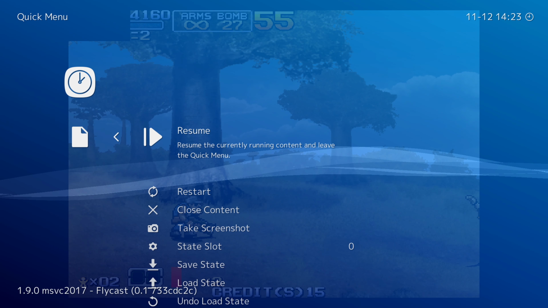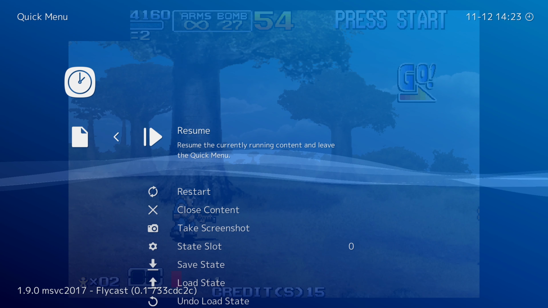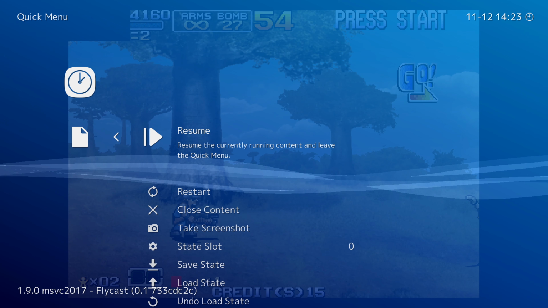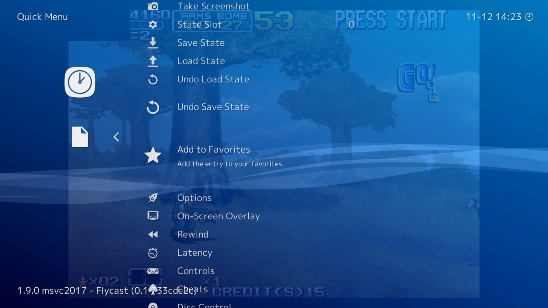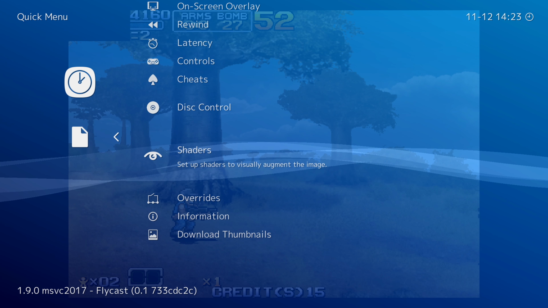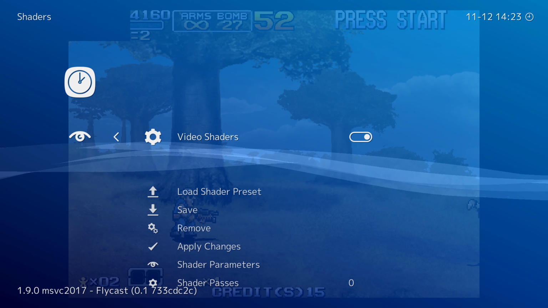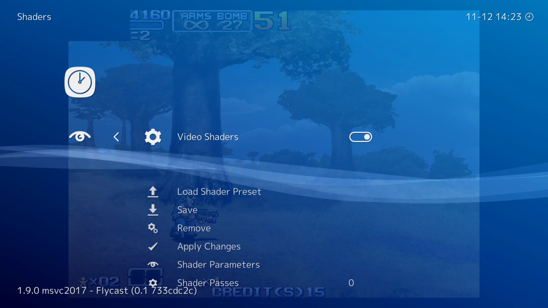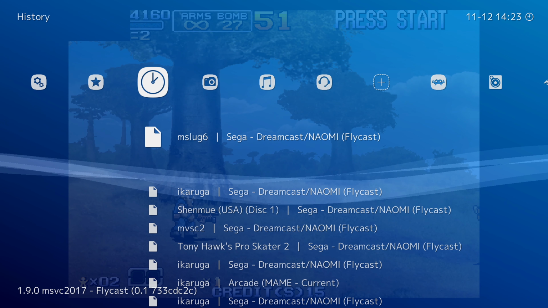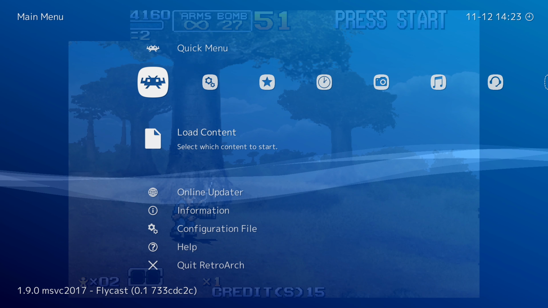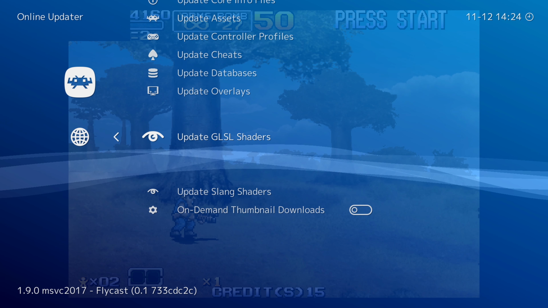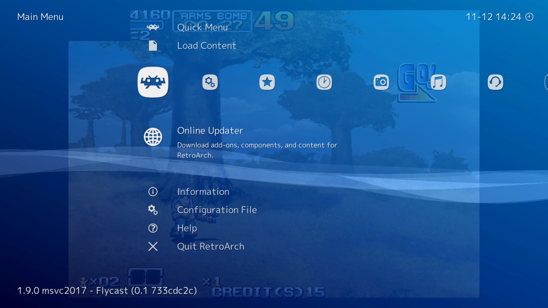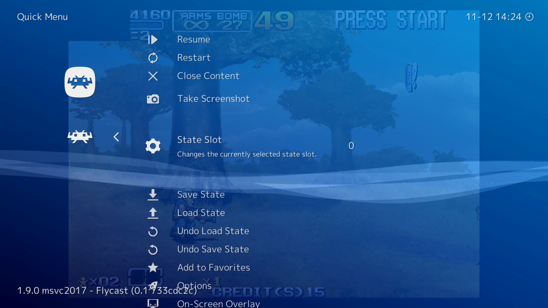So one last option I want to cover with you all before we call this video good is to set up a nice CRT shader for your Dreamcast and arcade games. So going into your quick menu, go down to Shaders, press A to enable them. Now you do need to have shaders downloaded, so press B to go back to the main menu if you haven't done so. Go to the online updater and update GLSL shaders. Once you have those downloaded and extracted, go back into the quick menu,